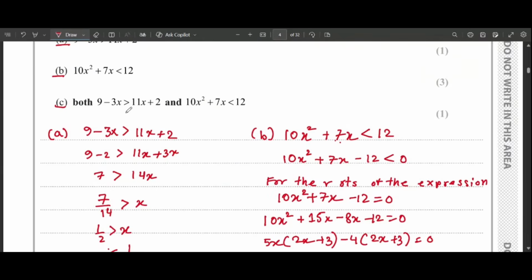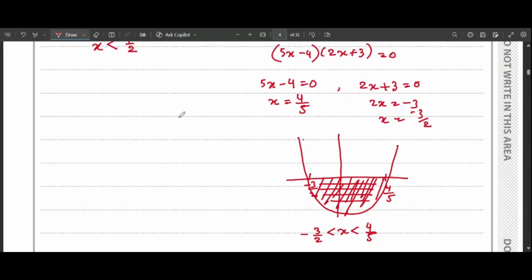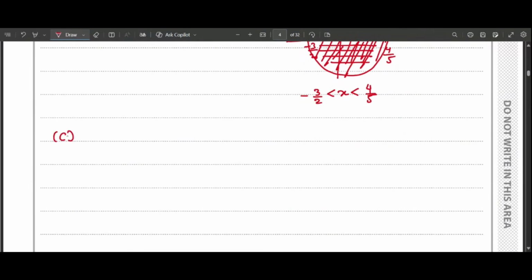Now for part C, we can see that we have to find a set of values of x. We have to find the set of x values for which both the inequality in part A and the inequality in part B are true. So we have to find a set of values for which both of these inequalities, the one in part A and the one in part B, are true together. So for part C, I can recall